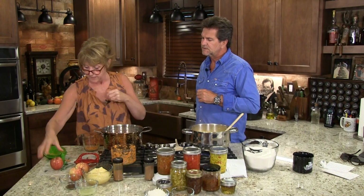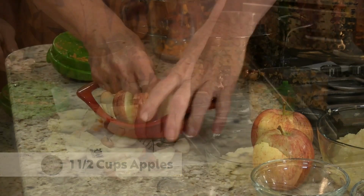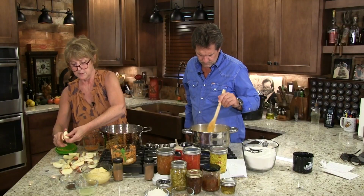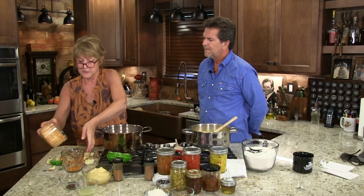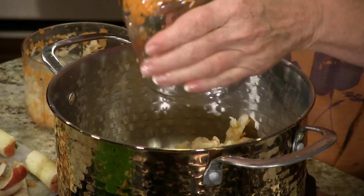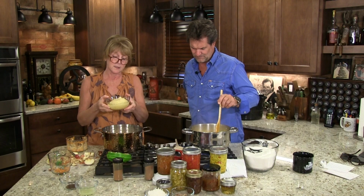I need 1.5 cups of apples, so I'm gonna cut my apples, and I'm gonna take the skin off of them also, get rid of the seeds, and we're gonna chop these up. And as far as apples, you can pretty much use whatever you want. I just pull whatever we had out of the fridge. All right, we need 1.5 cups of apples. Gotcha. So we have 1.5 cups of apples,